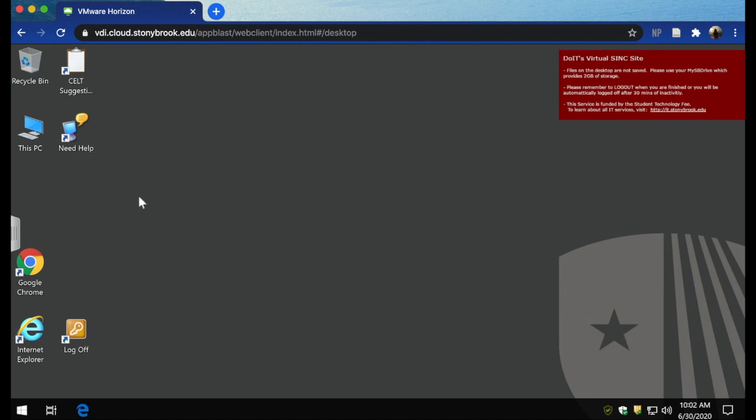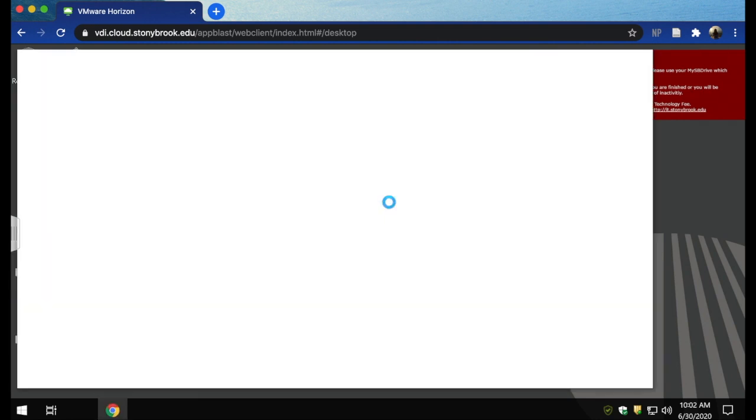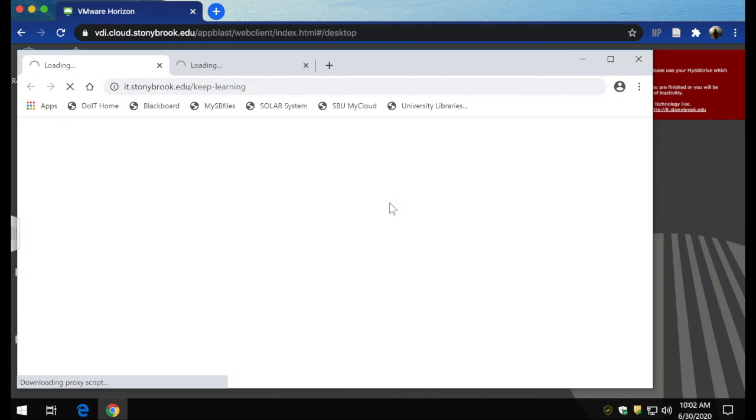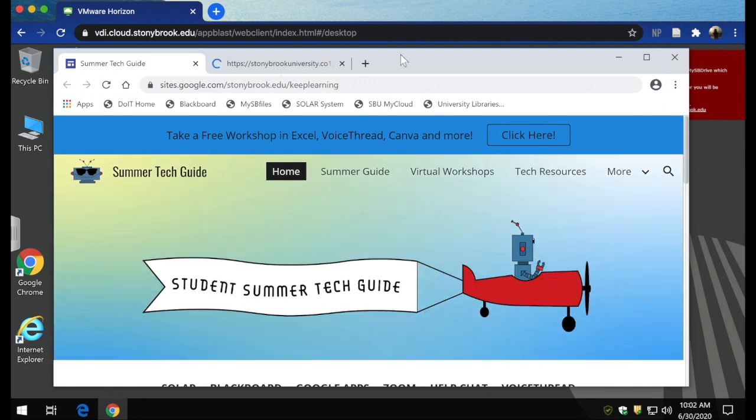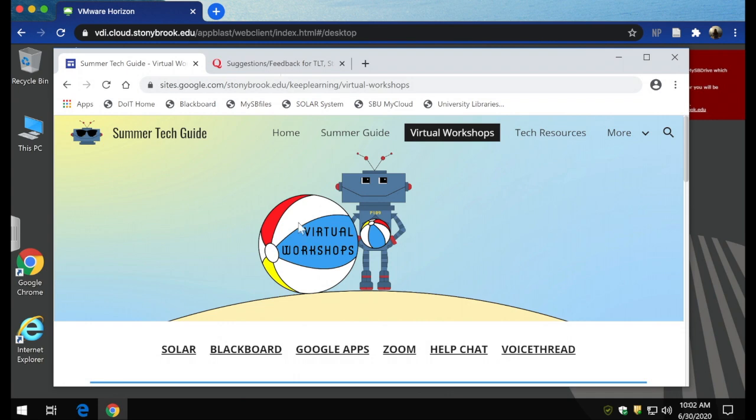actual SINC site. So in order to access Google, click over here on Google Chrome, and you can search anything as you would normally. It'll take a few seconds to load, but once it does, you'll be taken straight to the Student Summer Tech Guide, where you'll have access to different tech resources, how to download free software, everything like that. Specifically, you can click on Virtual Workshops,